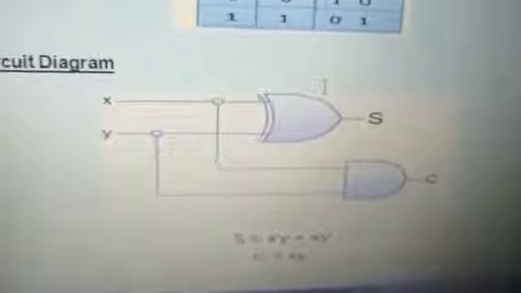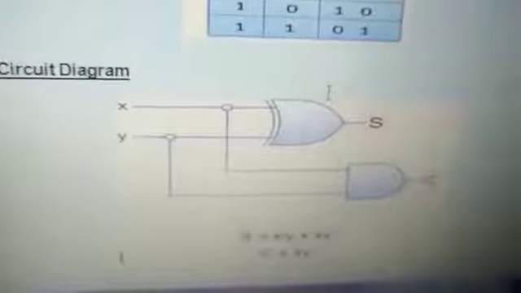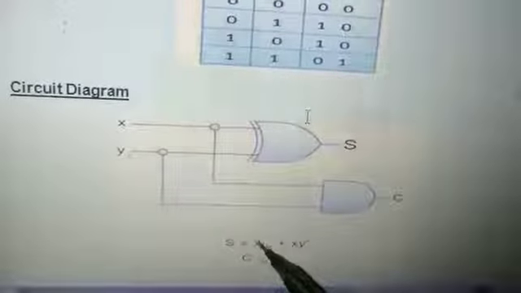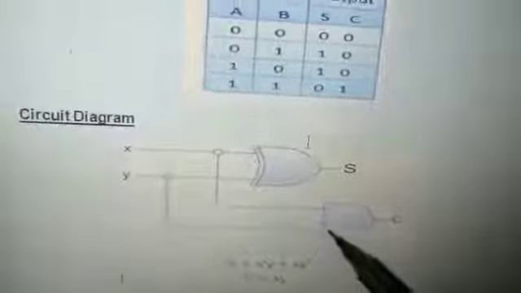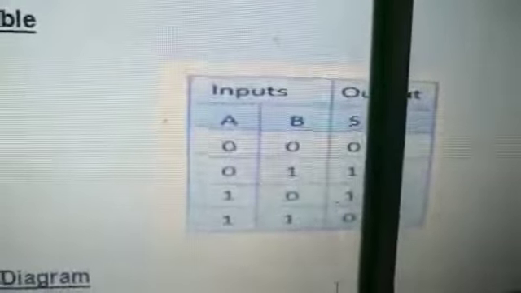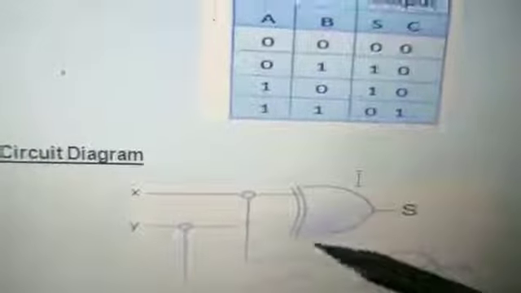Next, this is the circuit diagram. The sum expression is designed by passing the X input and Y input through the XOR gate. This is the XOR gate expression, X bar Y plus X Y bar. In the previous logic gate lecture, I explained the functionality of the XOR gate and how we can derive it. If you look at this part of the table, you will see that this is exactly the truth table of the XOR gate.